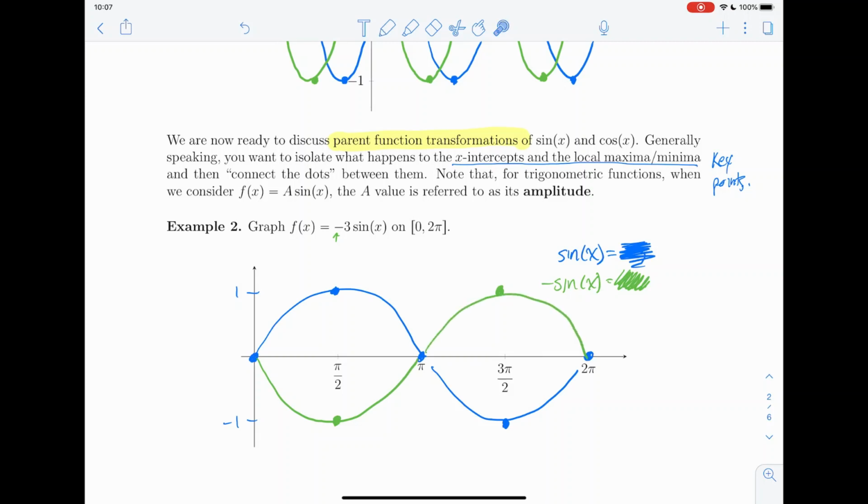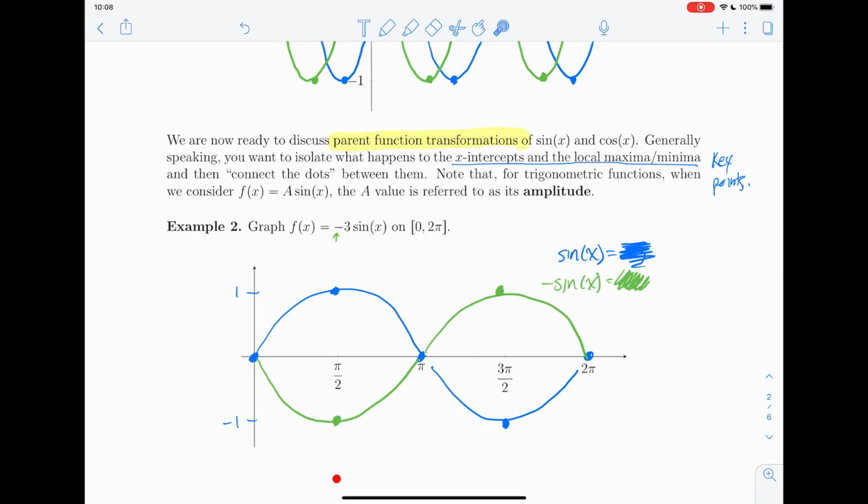And now I need to vertically stretch by 3. And this is where things get different depending on what book you use. I'm going to teach you what I think is the easiest way to graph these functions without having to rewrite and redraw your graph a million times. The way to do that is, notice that when everything stretches, effectively what happens is this 1 is going to have to get blown up to a 3, or this -1, I should say, is going to get blown up